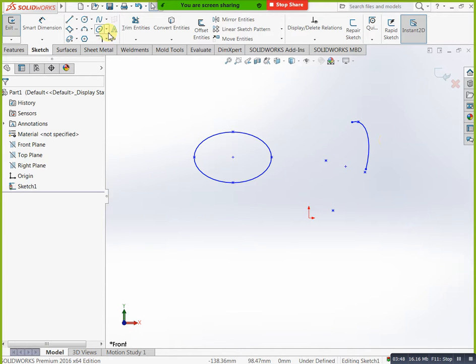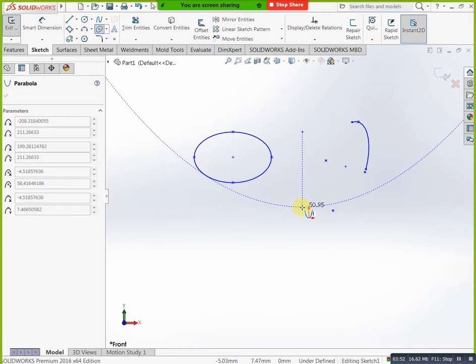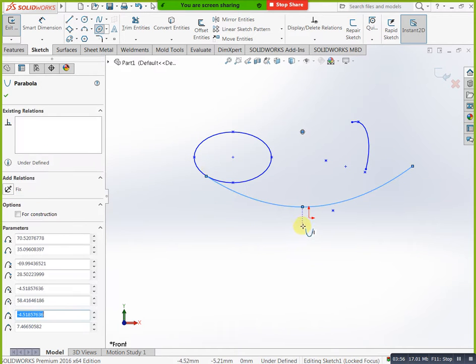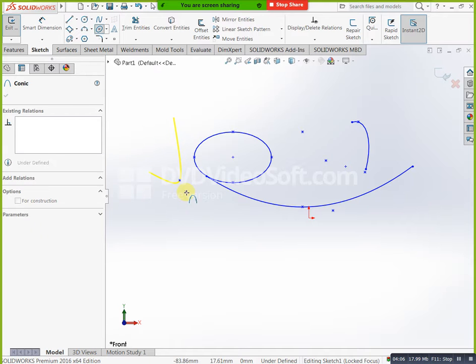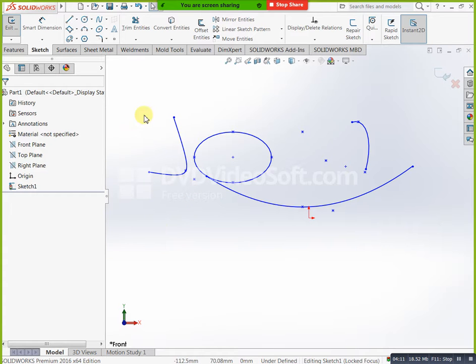Next, parabola. Specify first, second, third point and fourth point like this. Okay, this is center. Next, apex, you can specify starting and ending of the model. Circle, same as well, you can try for conic, you can mention like this. This is conic. Okay, here also we need to mention 4 points.